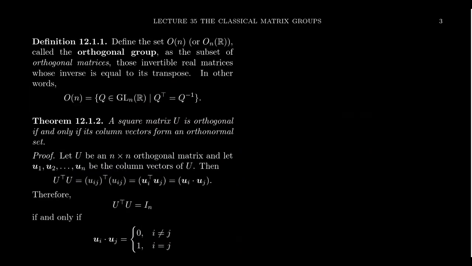So with the transpose now out of the way, that is, we reviewed it, now we're ready to define what we call the orthogonal group. The orthogonal group is typically denoted as O of n, but sometimes it's denoted as O sub n of R. This is to emphasize that the scalars in play are